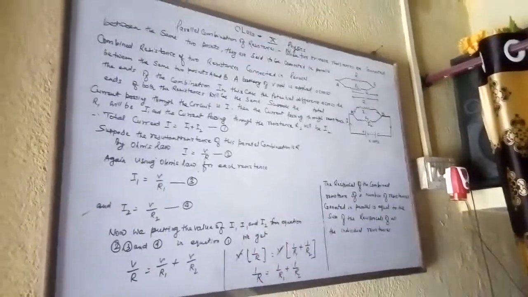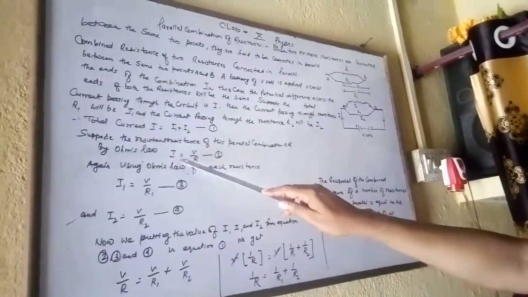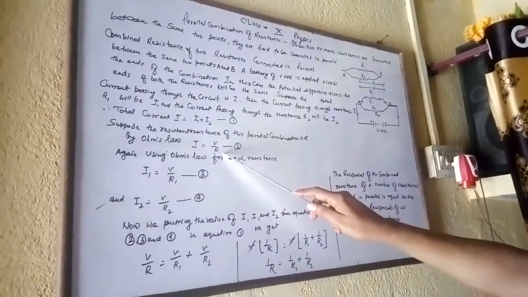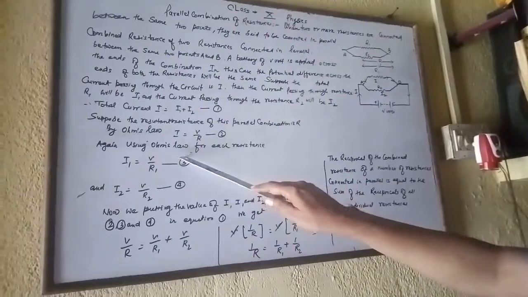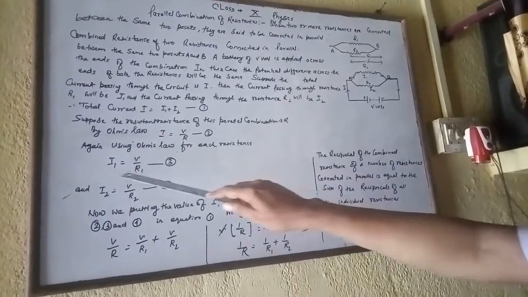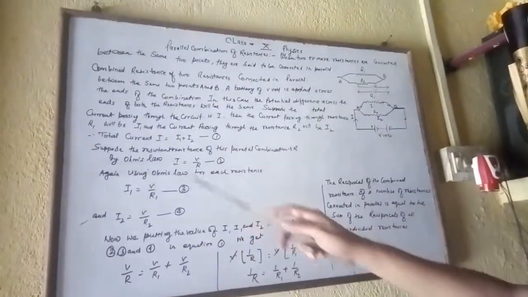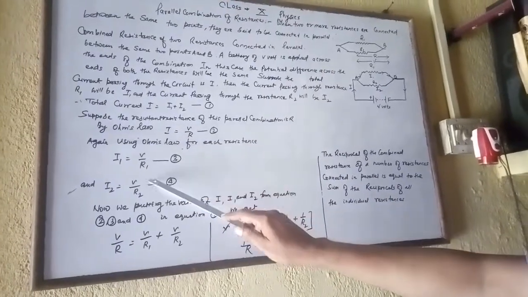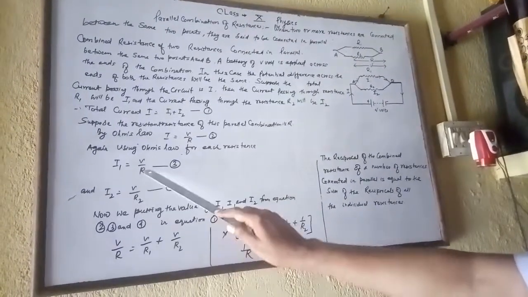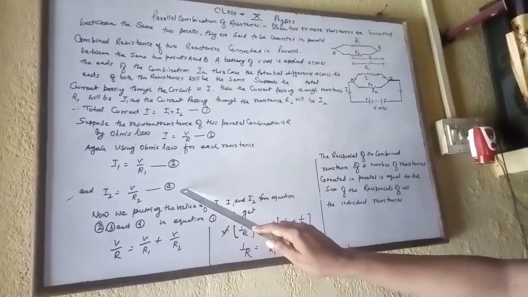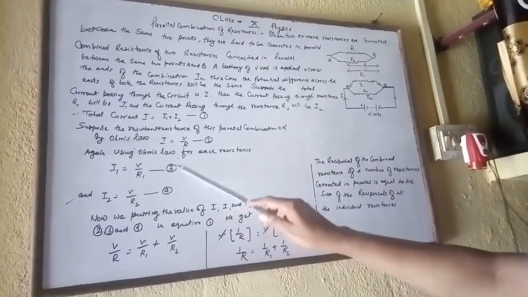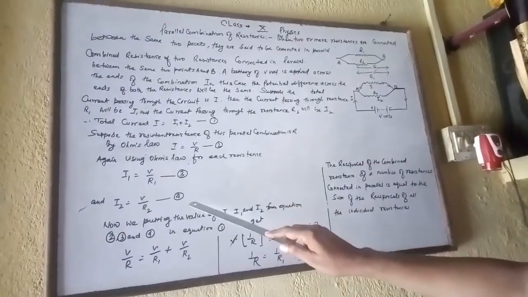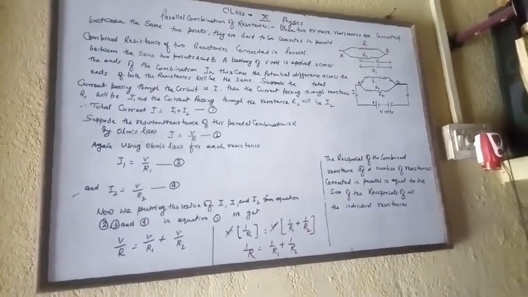फिर हमने ओम्स लॉ का प्रयोग किया, और देखा कि I = V/R, जो प्रीवियस वीडियोस में भी हमने देखा है, इक्वेशन 2 है। फिर ओम्स लॉ से प्रत्येक रेसिस्टेंस के लिए करंट निकालें तो I1 = V/R1 इक्वेशन 3 और I2 = V/R2 इक्वेशन 4 आया।